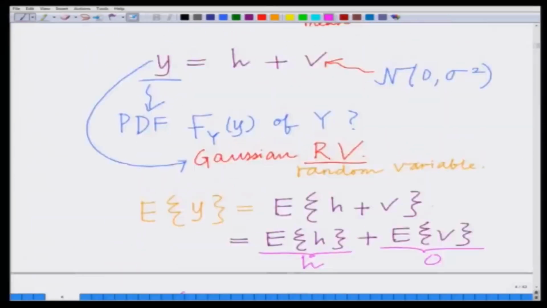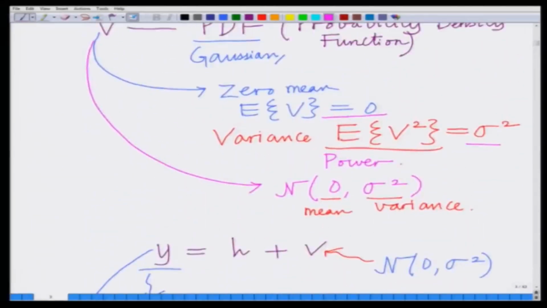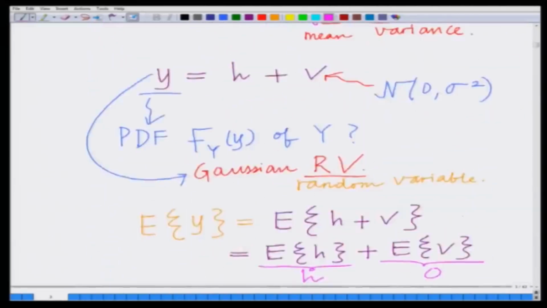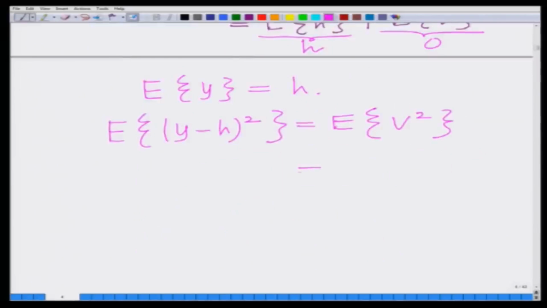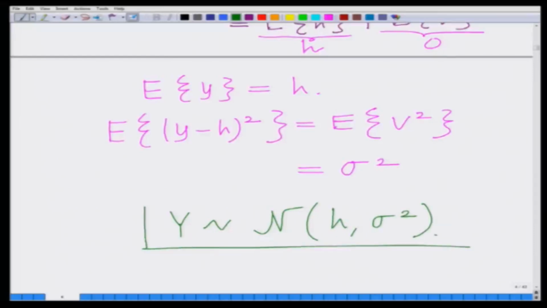But from above we already know that the noise variance is sigma square, which means the expected value of v square equals sigma square. Therefore the variance of y is also sigma square. Therefore y is also a Gaussian random variable, denoted by script N, with mean h and variance sigma square. And this is an interesting result, that is the noisy observation y,